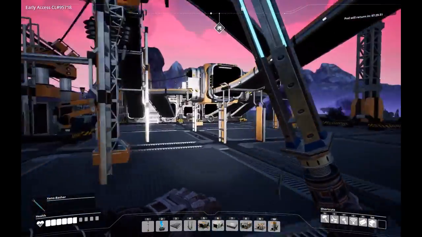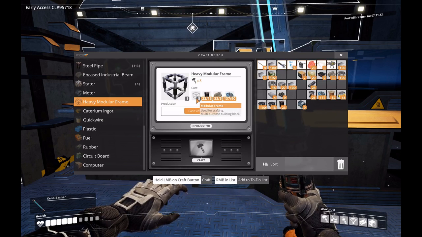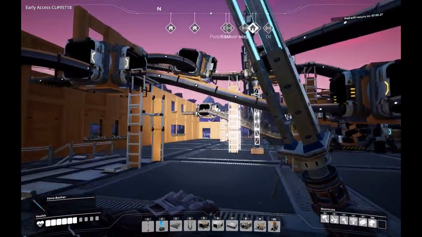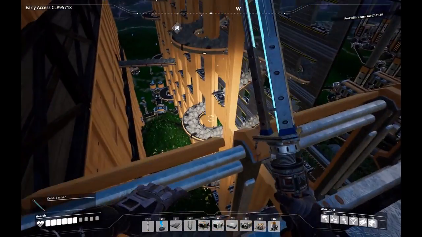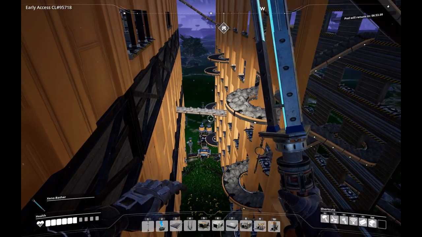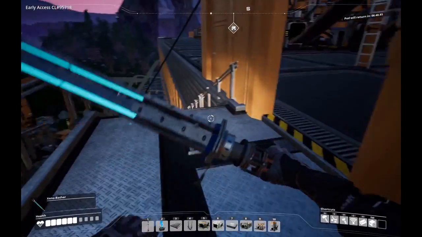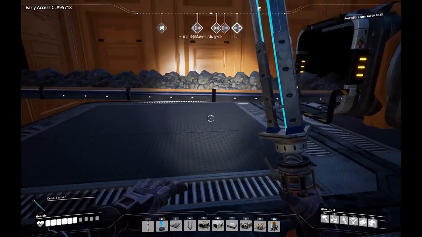I am not making the heavy frames, but what do they need? I mean, I'm here, I should check. I have everything but the modular frames already. So this is going into downstairs. I'd rather do the split in here. I was originally thinking of putting the splitters out there, but